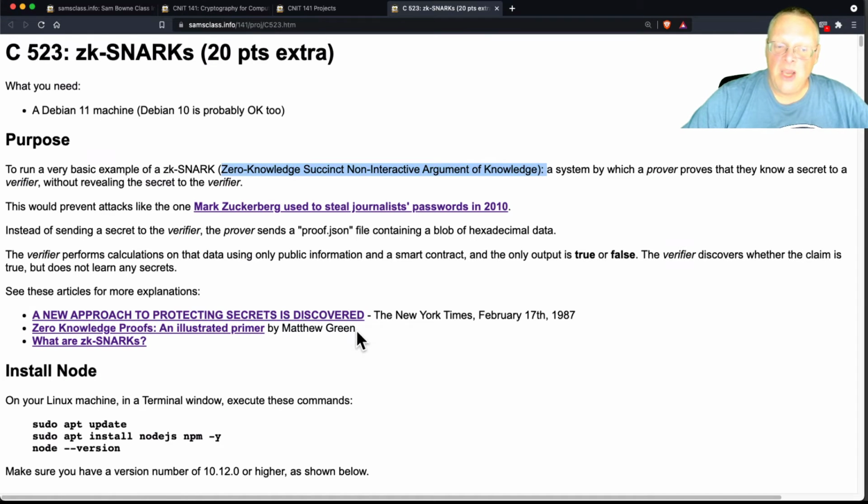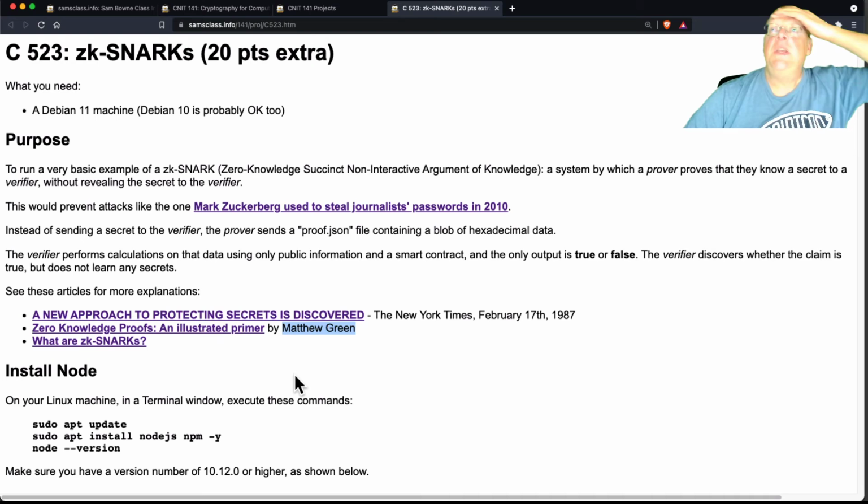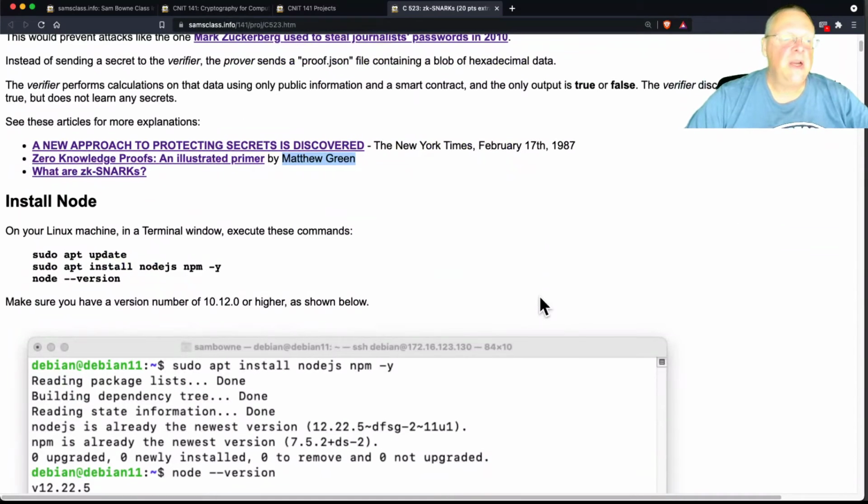And Matthew Green, by the way, is on Twitter. He's a very famous cryptographer at Carnegie Mellon. He's really not messing around. And he's on the Zcash board. Zcash is the cryptocurrency using zero-knowledge proofs. So he's very advanced, very technical, very nice, and I'd like to add it to my class someday, but first I'm doing the big ones like Bitcoin and Ethereum and Cardano.